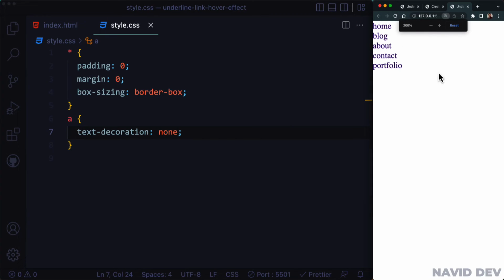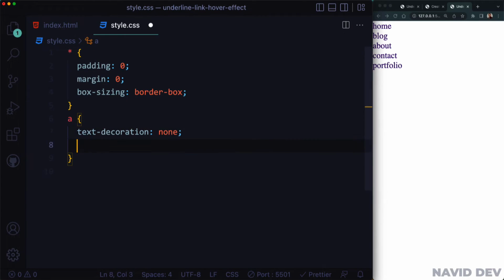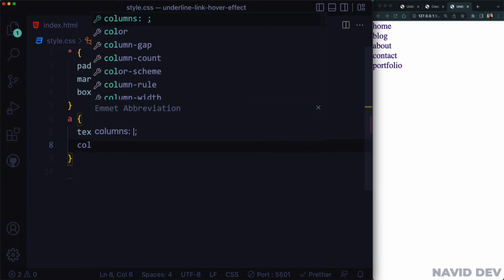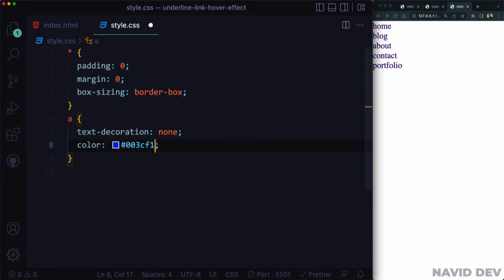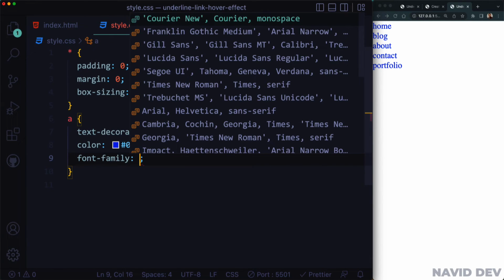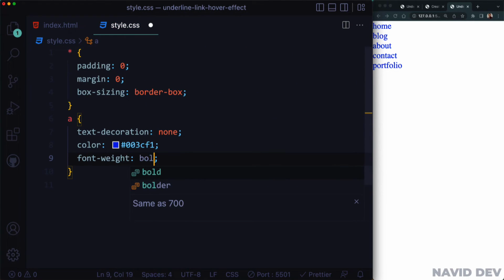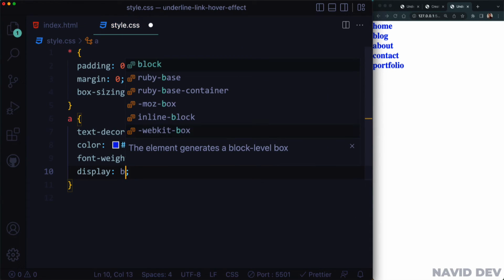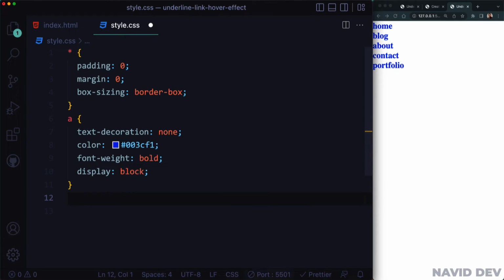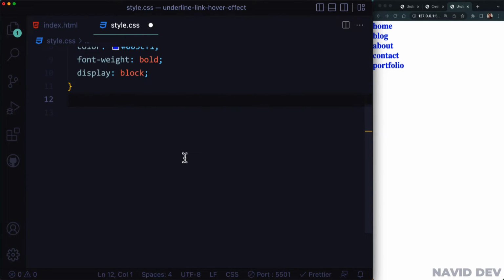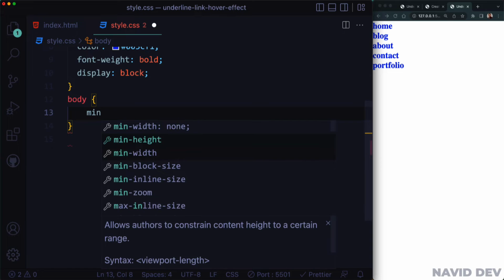All right, and I'm gonna add a color to our A, so I will say color equals to this color, and I'm gonna add a font weight, font-weight should be bold. Okay, and display block. All right, after that I'm gonna add some style to our body, so I will say body min height